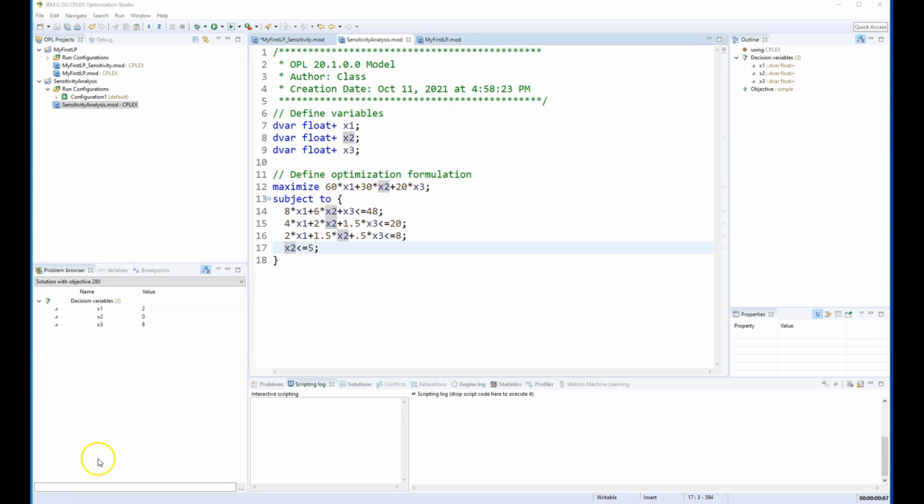In this video, we're going to go over various ways to perform a sensitivity analysis in the Interactive Optimizer, as well as the CPLEX Optimization Studio. So for starters, I'm going to assume that we have some sort of linear program set up in the Optimization